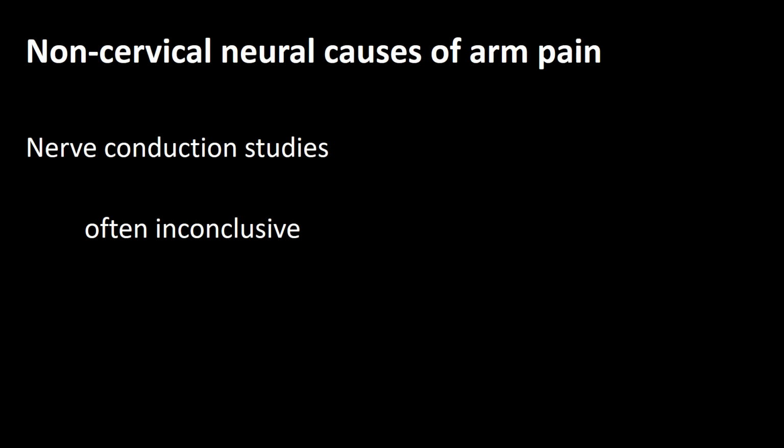Unfortunately, although many people suggest nerve conduction studies to assist in the diagnosis of these conditions, they are often inconclusive. Many times one is sitting deciding whether the patient has a carpal tunnel syndrome or a C5-6 disc. They may have both, and the nerve conduction studies really fail to make a difference between the two. One needs to go through the whole process of history, examination, and special investigations, not simply using one of them.